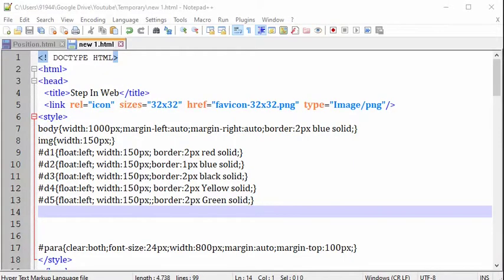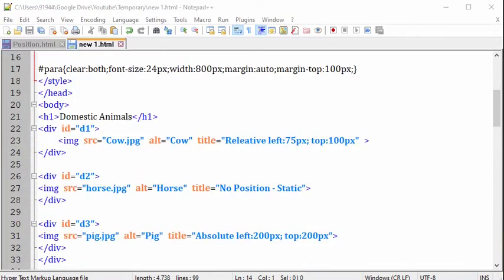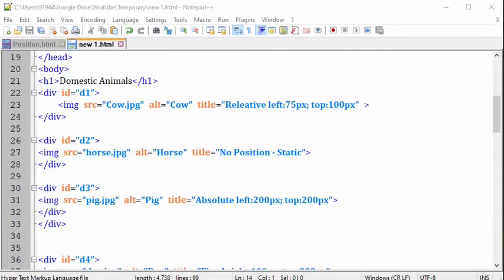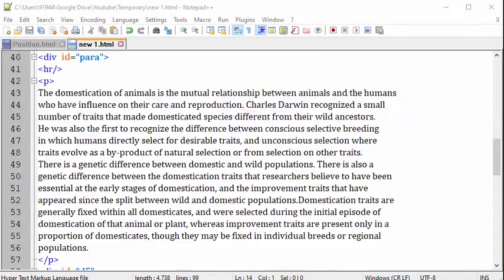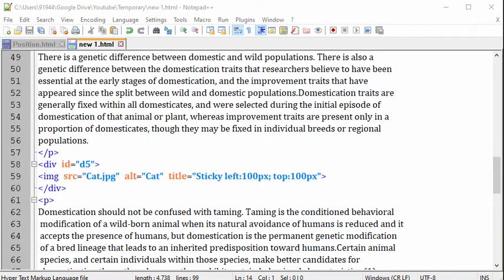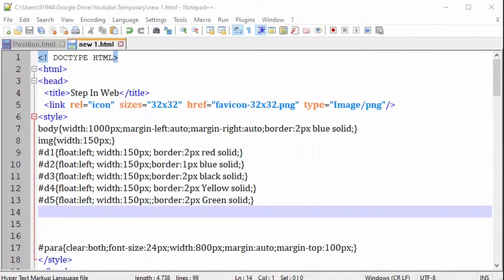Now here we will explain the CSS position. Here I have created a division for each image and given IDs D1, D2, D3 like that up to D5, and I have moved the cat image in between two paragraphs here, and in the same way I have written CSS code for D1, D2 and D5, and I have written identical CSS code for all divisions.